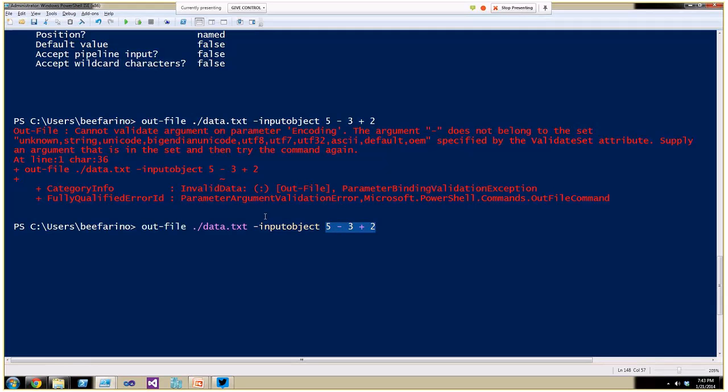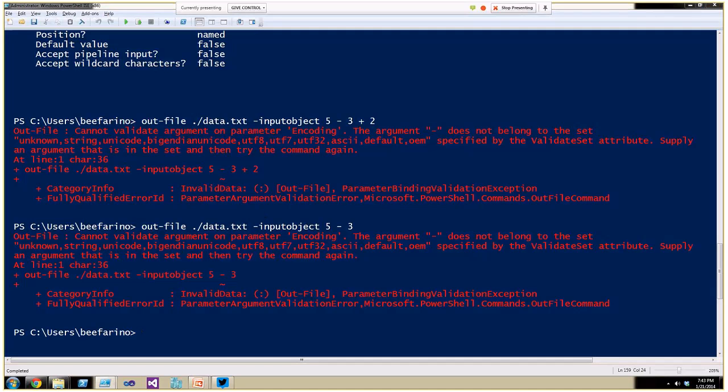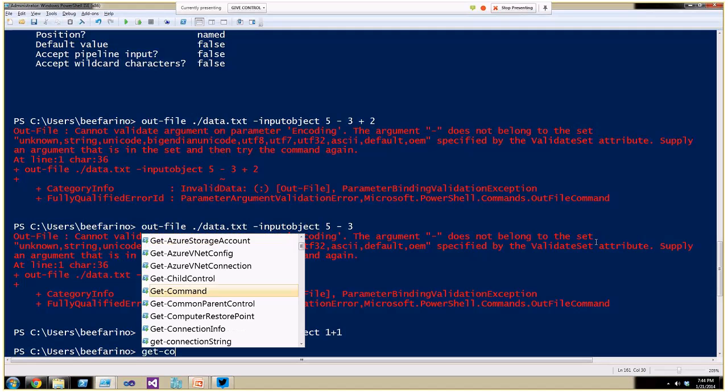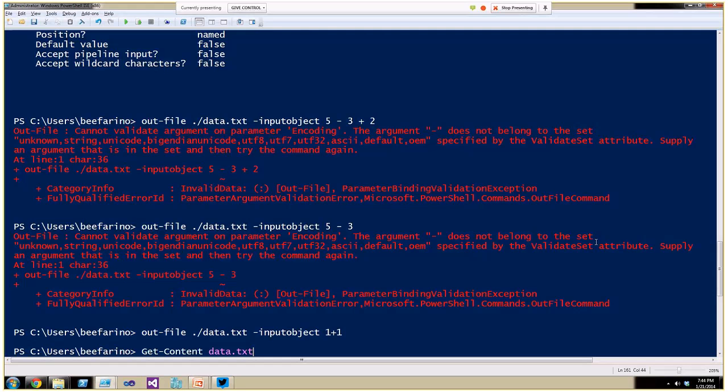And when we do that, we get a little bit of an error, actually. So let me change this up a little bit. It's not going to like that either. Oh, I did it wrong. Let's try something simpler. So instead of that long expression, which is being misinterpreted, I'll do something simple. I'll say 1 plus 1. Right? And by doing that, I would expect the content of data.txt